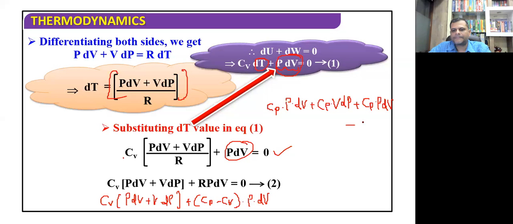minus Cv into PdV, करेक्ट है। सो दैट हियर दिस Cp into PdV, ये देखो Cv into PdV, तो इसमें से हम कॉमन क्या ले सकते हैं, ये देखो PdV can be taken common and hence this PdV multiplied by Cp minus Cv, okay, that is going to be equal to 0, yes।